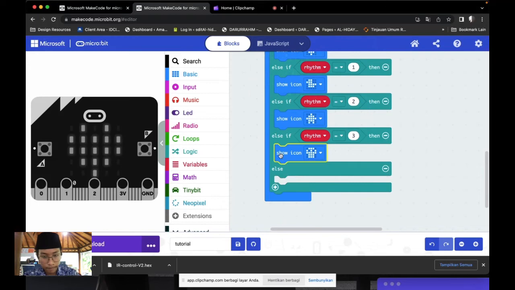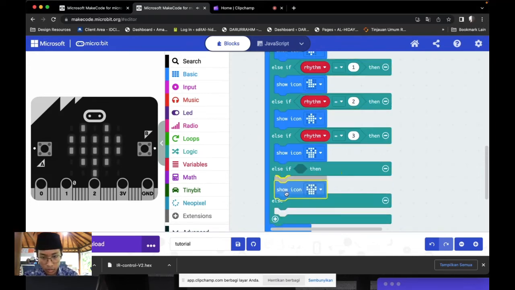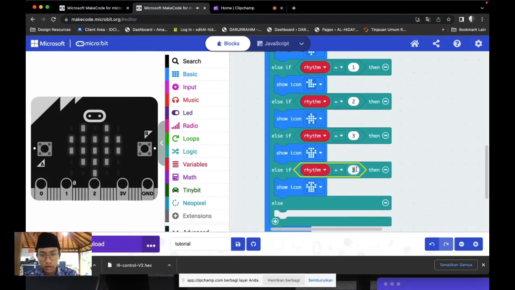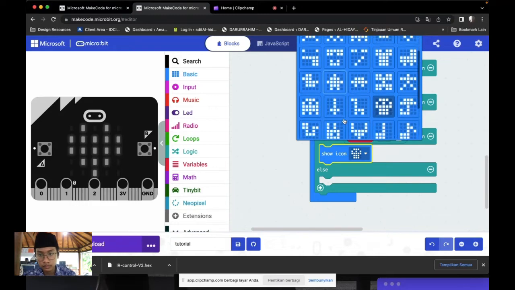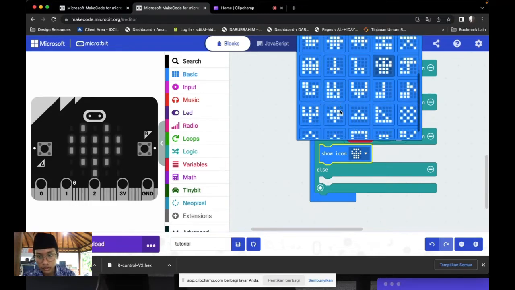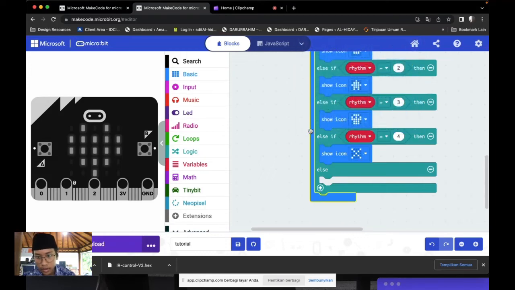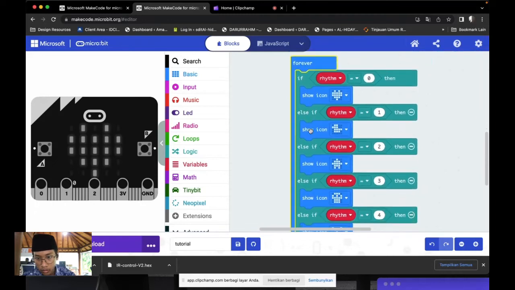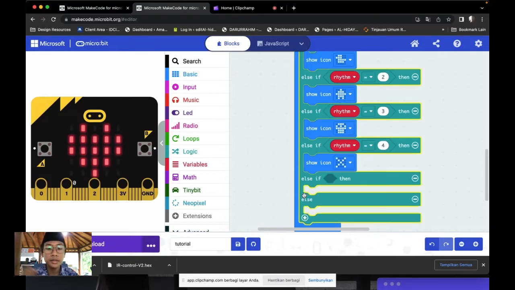icon, and after that can copy paste and paste this block again, and change to 4, after that, and after that, end of this, and you click pause,